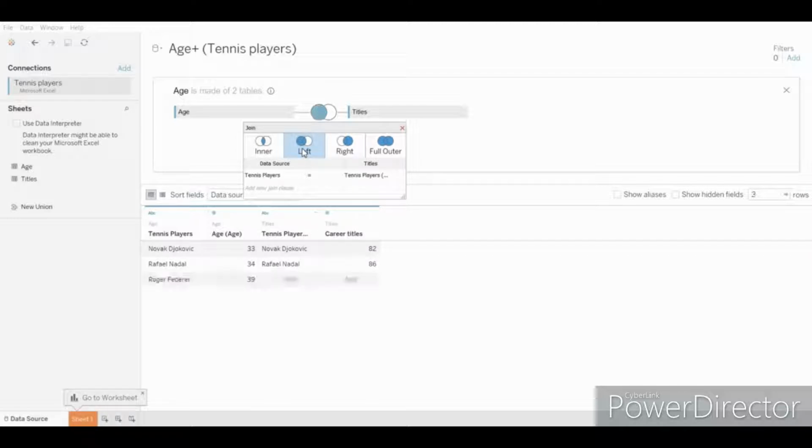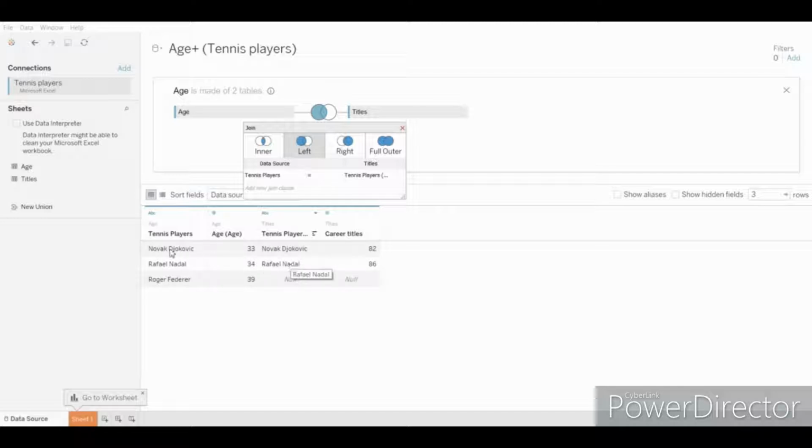In left join, it includes all the records from the left table. Left table literally means the left table, which is age table in this case. So it will take all the records from the age table, all the 3 players from the age table, and those records from the titles table which has a match with the age table.